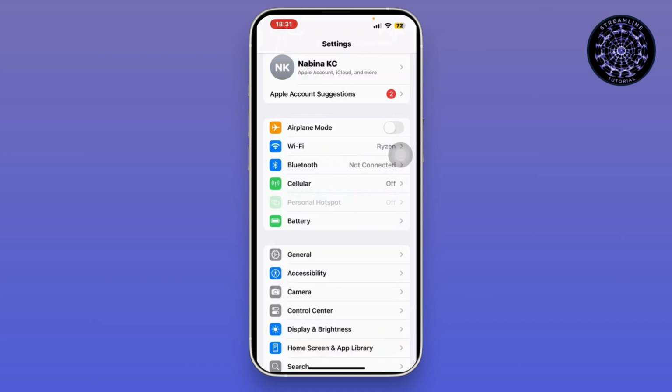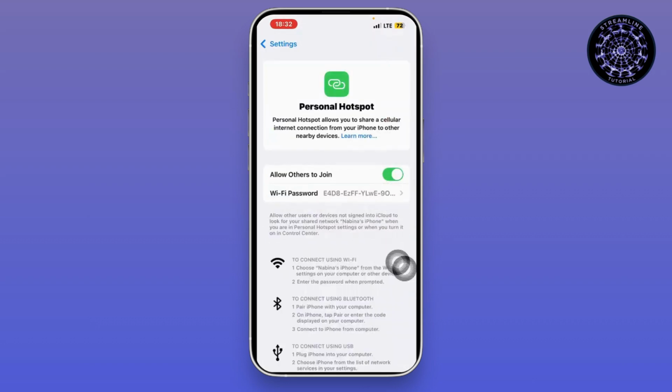devices that are currently connected. So here on your Personal Hotspot, you will see a list of available devices. If you want to disconnect any devices, you can simply turn off your hotspot here or you can change your